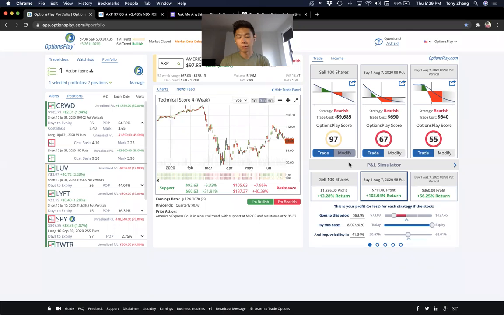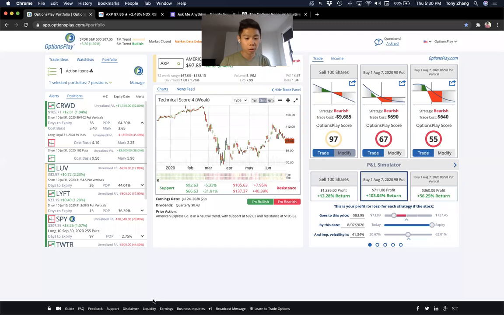We try to do these once a month where instead of me talking about what my views are and what symbols I want to take a look at, you guys can submit the symbols that you want to take a look at. And I'll show you how I'm viewing the markets and how I would potentially look at the options and which ones I would trade, which ones I wouldn't trade, for what reasons, how I would trade them. This is really designed to give you insights into how to position yourself in this particular market. It is a difficult market to position for because things are changing so quickly. Volatility still remains very elevated. It's difficult to position. Be careful.